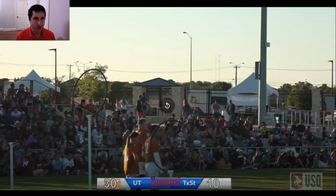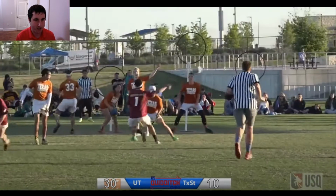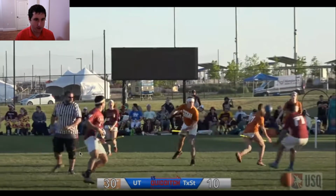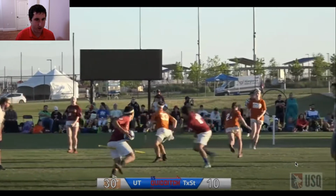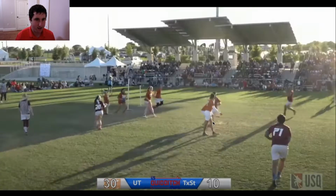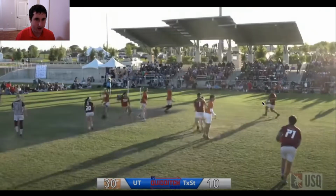So the question is, how did UT lose control of this play, right? Because they have more quaffle players than their opponents. So we can see one of his options is here, and then I think the other one is on this far wing. So Marino gets beat out here. I don't like the way that McBride is just floating. I think she needs to count on Parsi to make this hit. Because if someone was here,